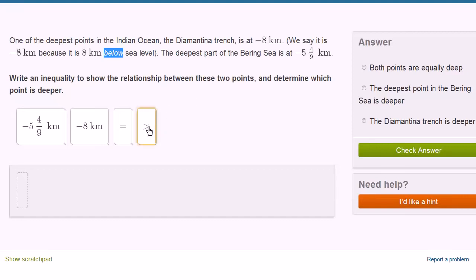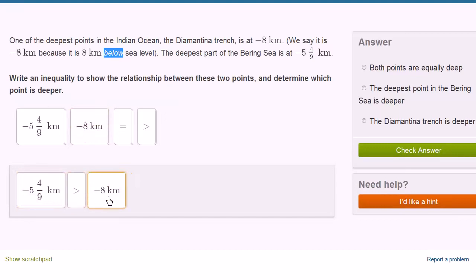So let's say we have a greater than sign here. So we want to write whichever quantity is greater on the left-hand side. So we look right over here. This number, -5 4/9, it is less negative. So it's actually going to be a greater value. It's not as deep. So we can write -5 4/9 is greater than -8, or -5 4/9 kilometers is greater